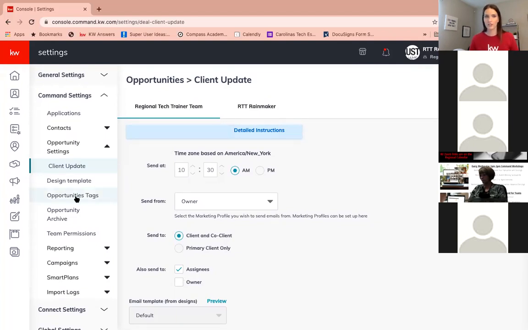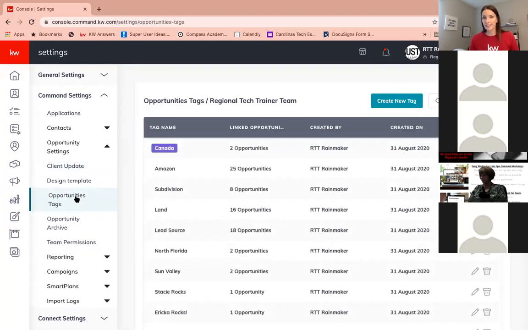The other thing that we want to make sure we're looking at are opportunity tags. So is there anybody, and you guys can type in the chat or you're welcome to unmute yourself, is there anybody in here that's using some tags and opportunities that you find are really beneficial in your business and managing it? So nothing yet. So I'll give you guys some, just as I've had consultations, some things that we might want to pay attention